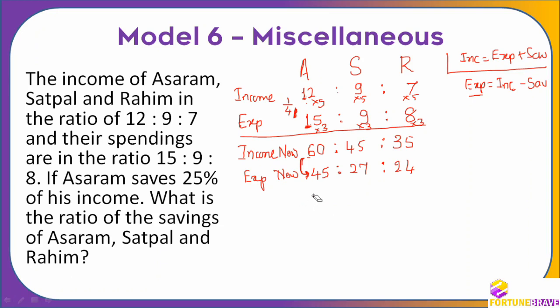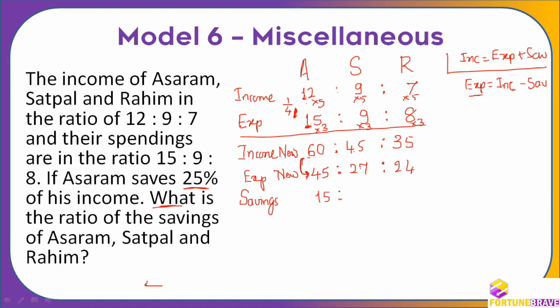This is 25% less, means everything is now, even if you take their actual income as 60, 45 and 35, you will be able to find out the savings ratio. Because they are asking the savings ratio, I can directly put them as ratio. If they ask me actual value, I will not be able to solve this question because they have not given any actual value. 25% is also an abstract value, or everything is abstract value. What is the ratio they are asking? So I will be able to directly minus, we will get savings as 15.